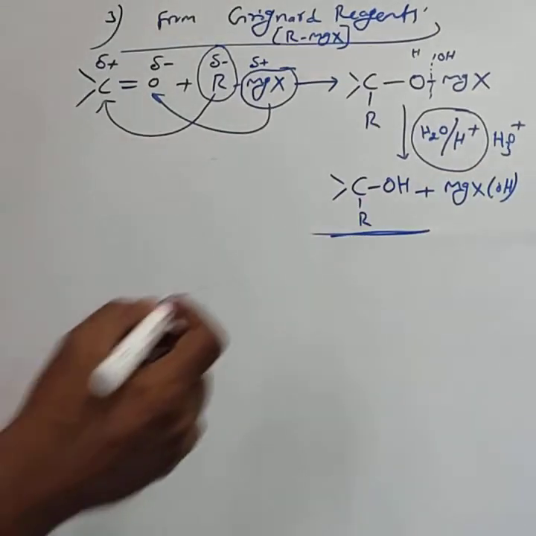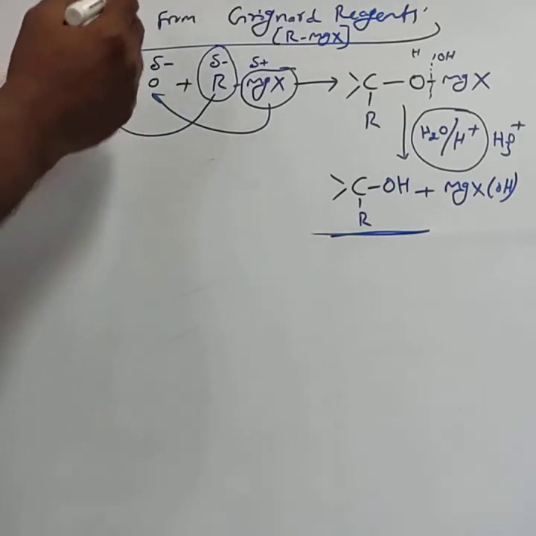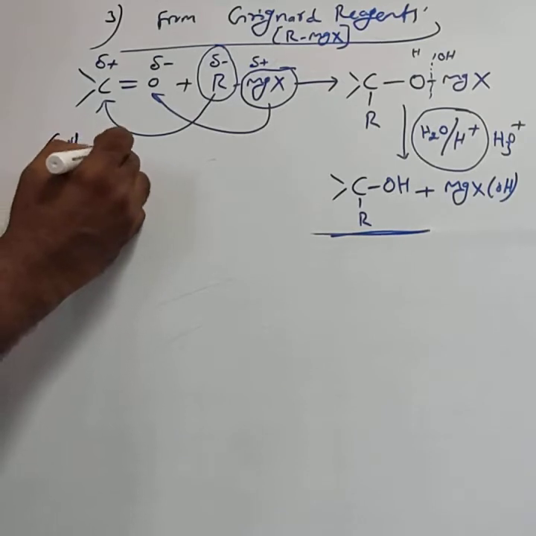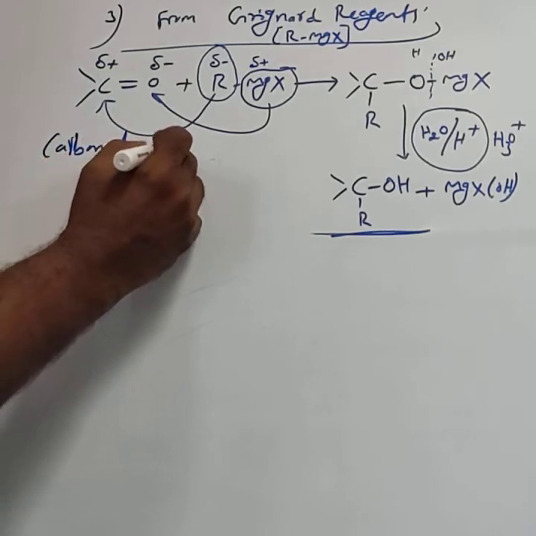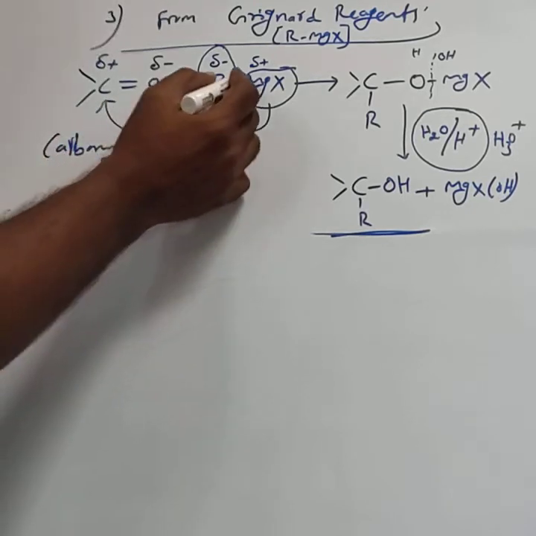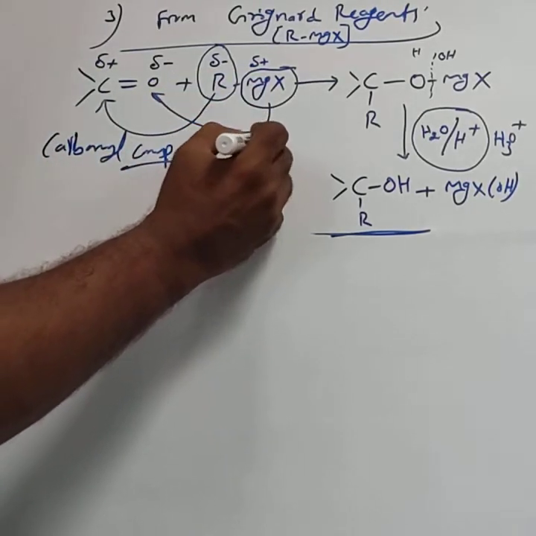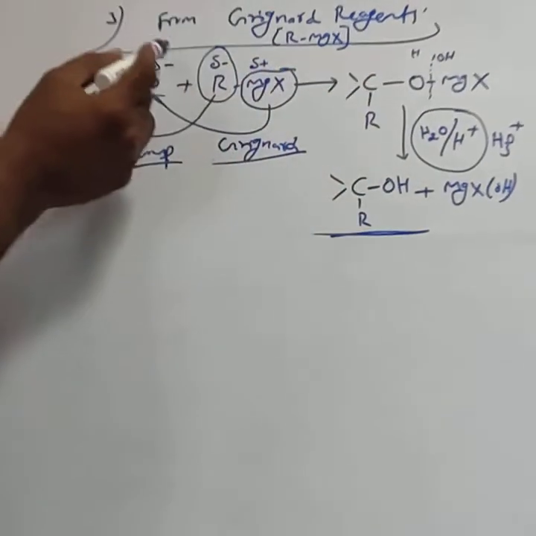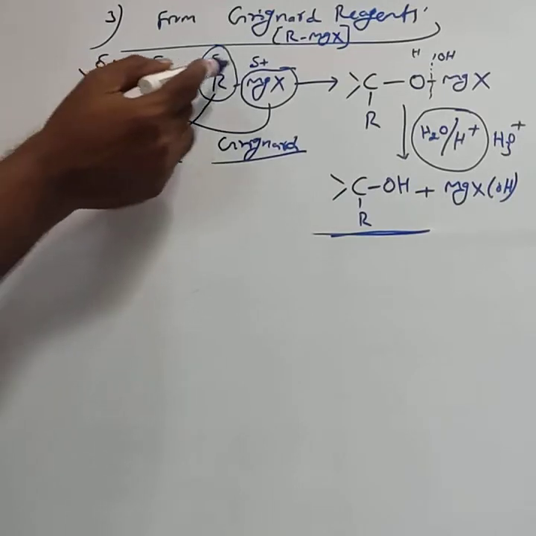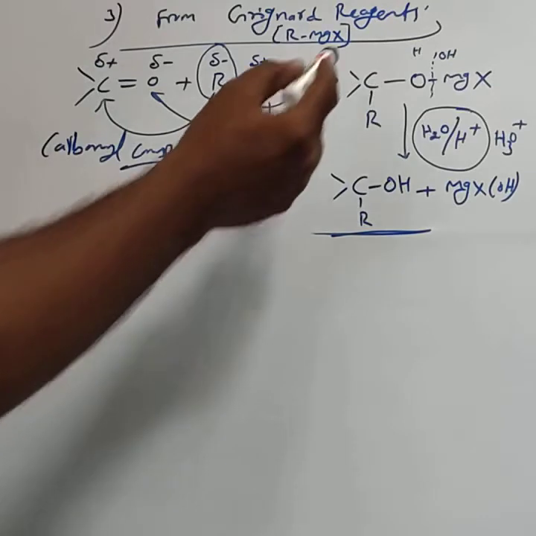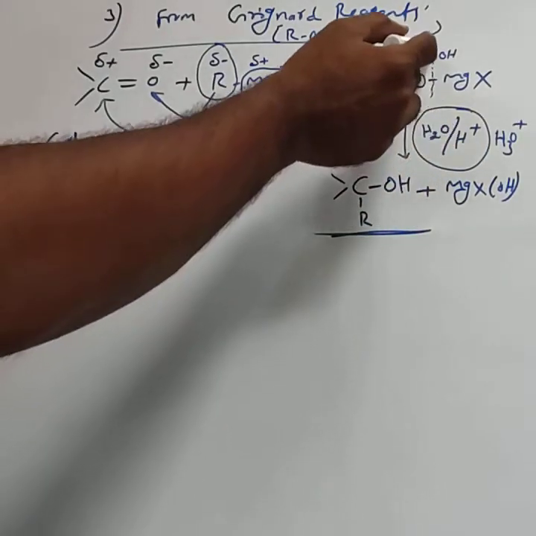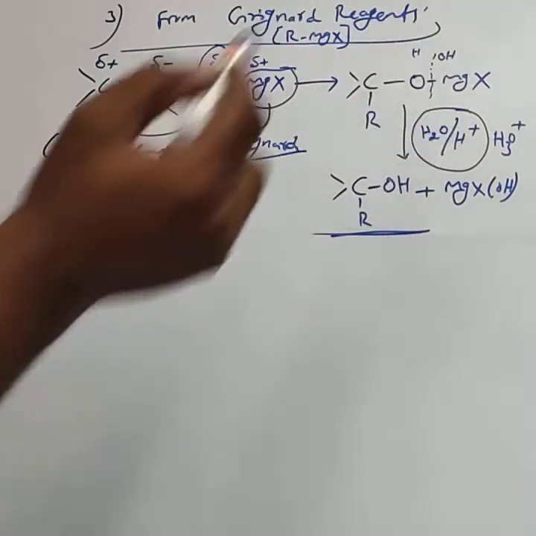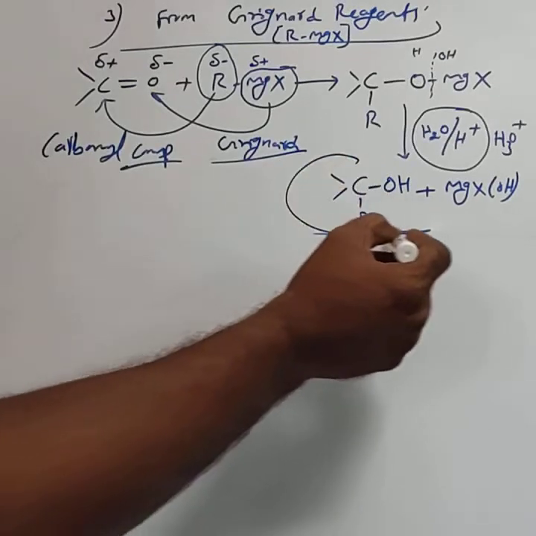This is the product, an alcohol. This is the general reaction: this is the carbonyl compound, the carbonyl group. To this carbonyl group, Grignard reagent RMgX adds, giving an addition product. You have to know the mechanism by using the positive and negative polarities. This addition product, on acid hydrolysis, undergoes bond cleavage. From the water, the H part is added to the oxygen and the OH part is added to MgX. Then you get the alcohol.